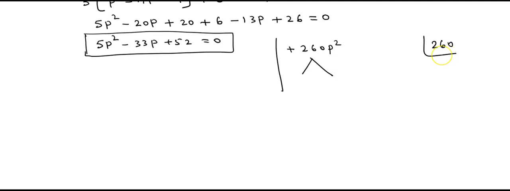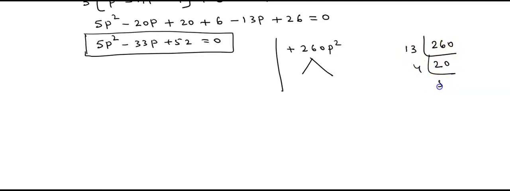But here it is 260, it is above 100. So we'll take directly 13 2s are 26, 13 2s are 26, this 0 as it is. Remember, you have to take the LCM. It's not like 4, 5, 6 digits. Within just 2 or 3 steps, you have to get the final answer. You have to take the factors like that. Okay. 13 2s are 26, 0 as it is.